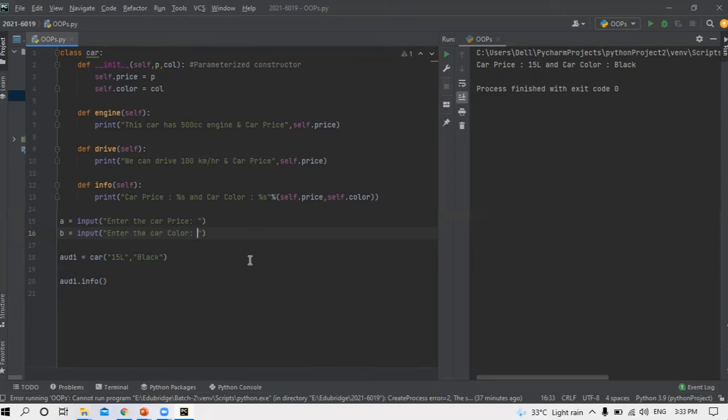Okay, enter the car price, enter the car color. So instead of passing 15 lakh and black, let me pass a comma b. That's it, a comma b.